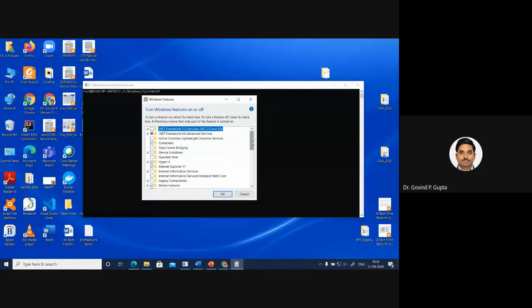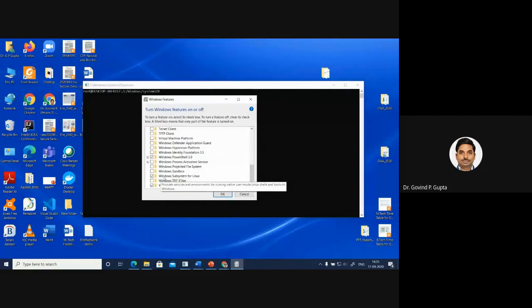After that, you have to set Windows PowerShell 2.0 and then Windows Subsystem for Linux. These three things you have to set by opening Windows features on and off.